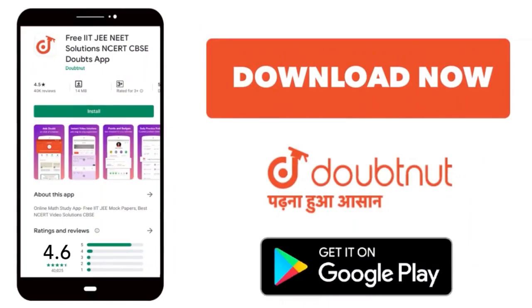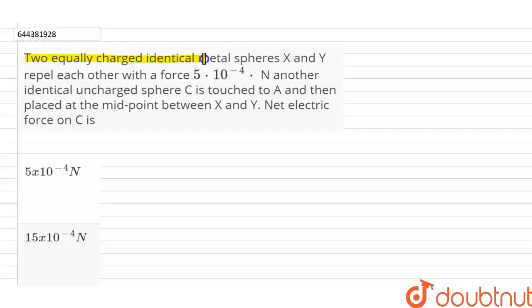Two equally charged, identical metal spheres x and y repel each other with a force 5 into 10 to the power minus 4 Newton. Another identical uncharged sphere C is tossed to A and then placed at the midpoint between x and y. Net electric force on C is,